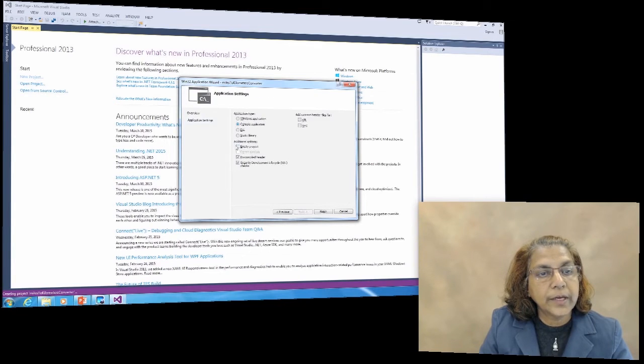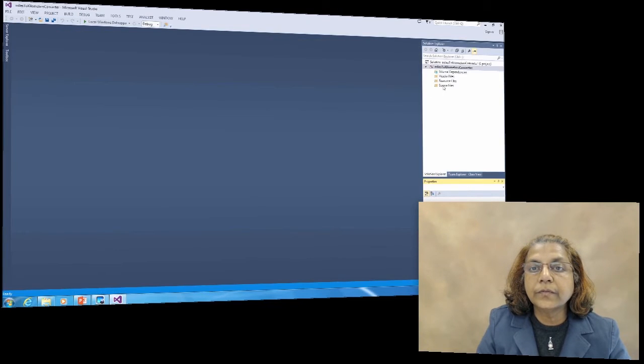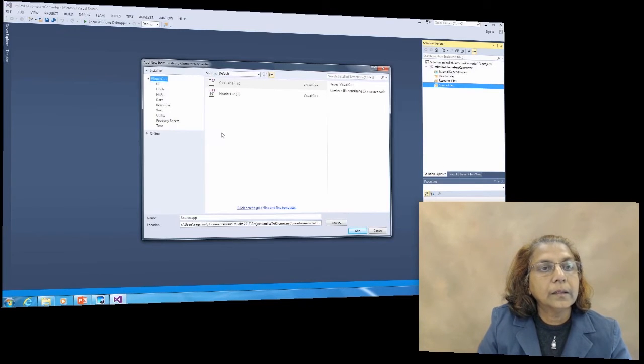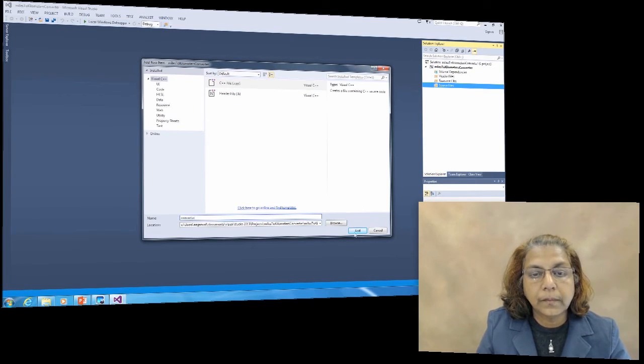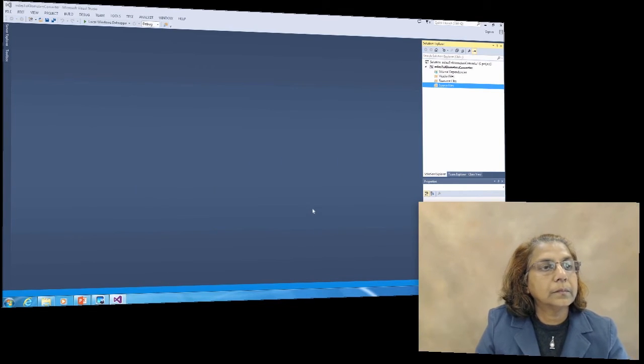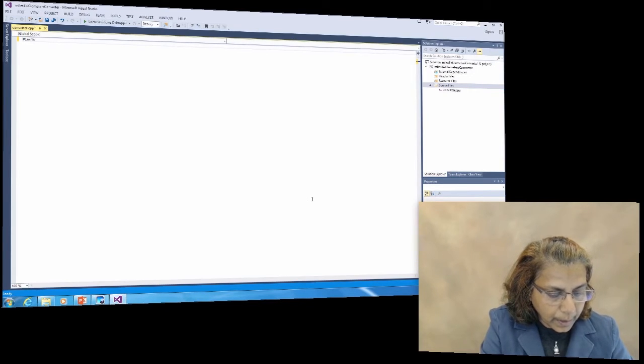In Application settings, check empty project, click Finish. Right-click Source Files, Add New Item. Let's click C++ file, and let's give just converter, Add. Okay, so let's just type our usual #include